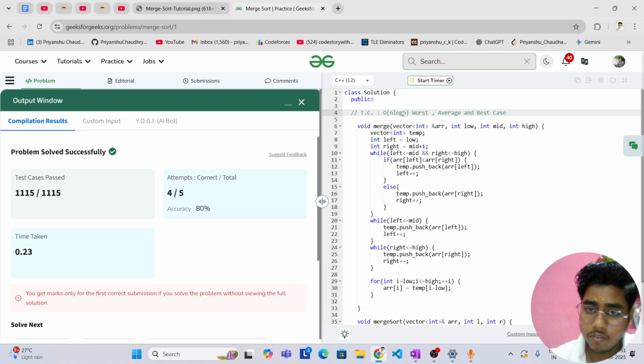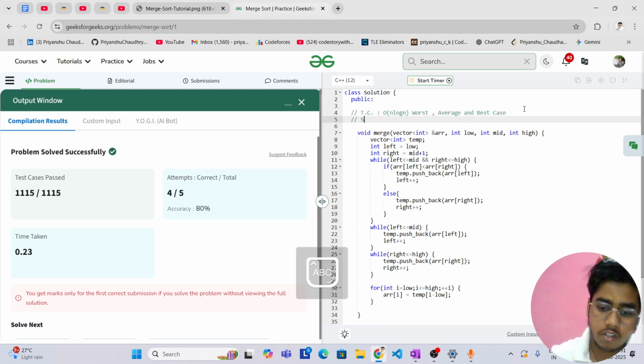And to be more specific, this log n will be having base 2, and the space complexity is big O of n due to that temporary vector.